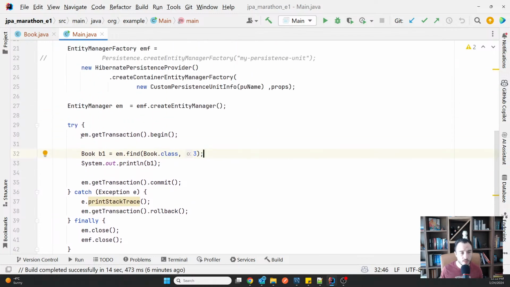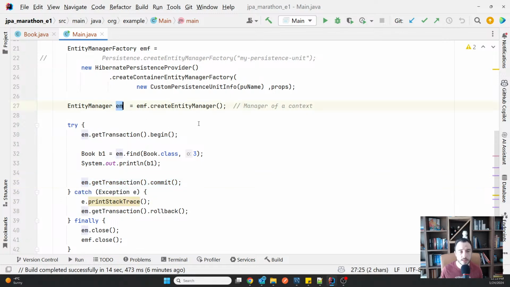here, with the entity manager, this is the manager of a context. So this context, you can imagine it as a place. If it's easier for you, you can imagine it as a collection of entities that are managed from the beginning until the end of the transaction.